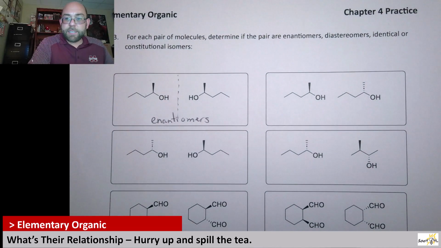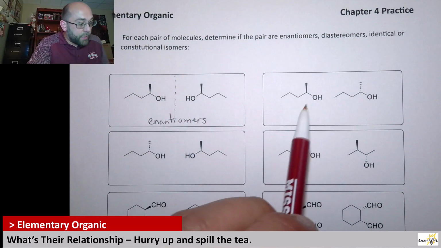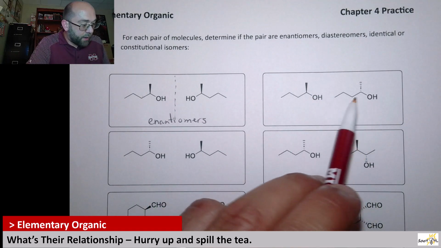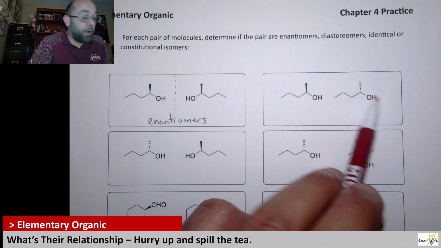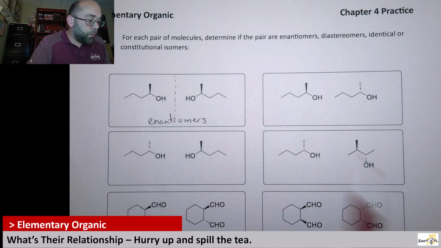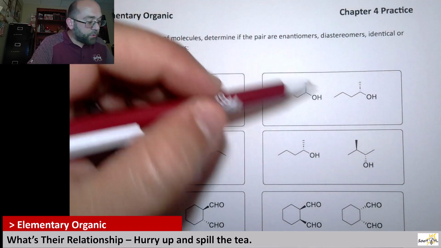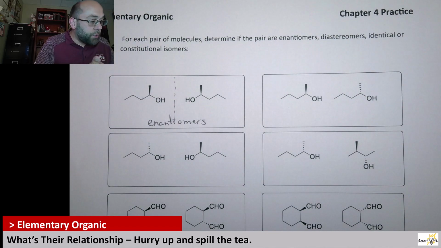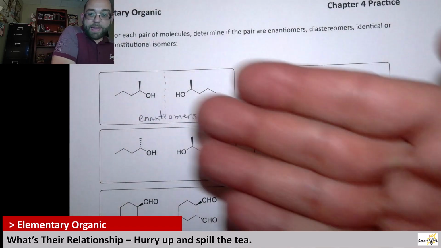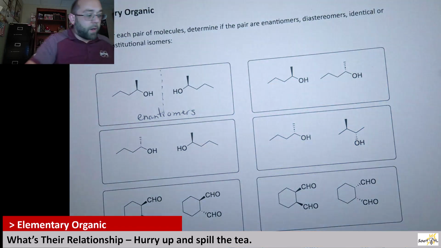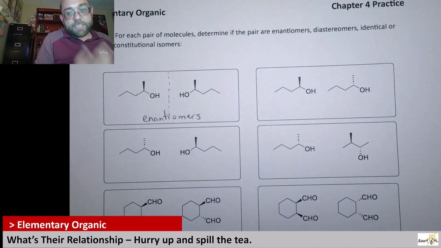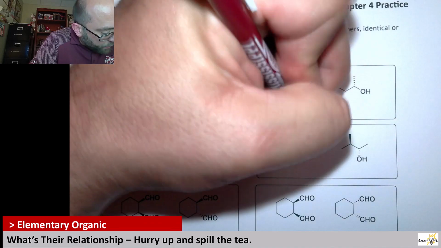All right. Next up, here it's not really shown to us as a mirror image, but if you notice, everything's on the same side here, right? Not the oxygen, but the alcohol groups are on the right, the propyls are on the left, and then the methyls are pointing up, and they're either a dash or a wedge. And so if we were to take this guy, imagine it's this part of my hand, and I just flip my hand over like so, it would look exact. So this flipped over would look exactly like that. And so this is yet again just another pair of enantiomers,